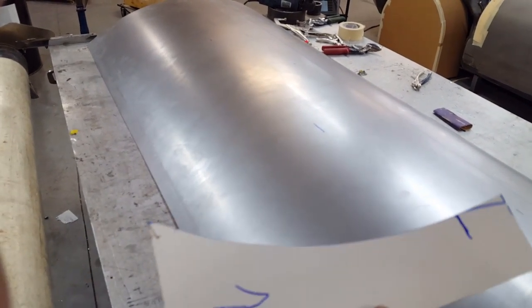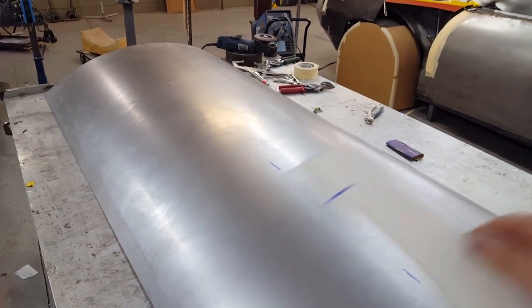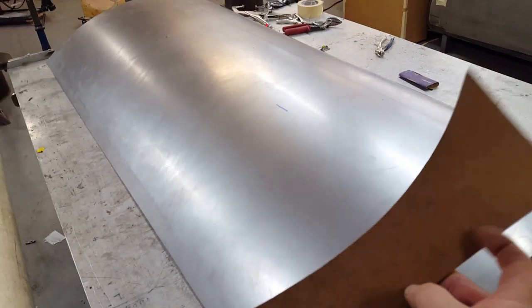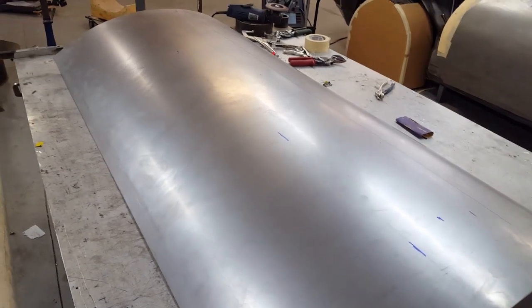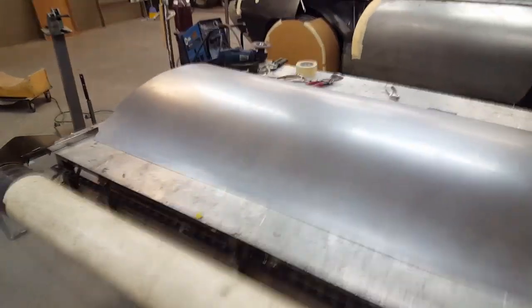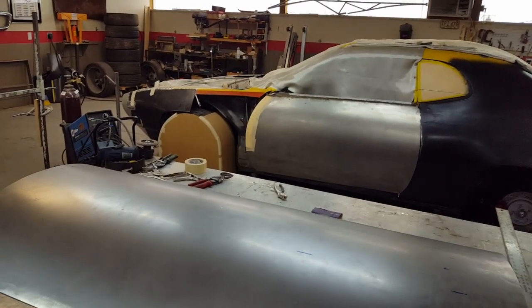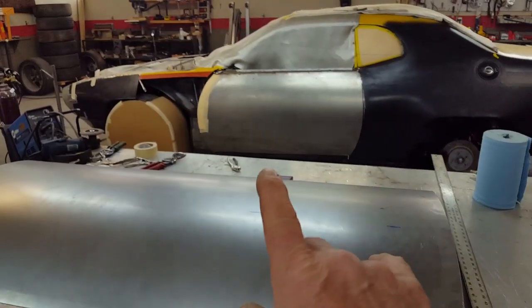I imagine there's all kinds of techniques for achieving it, but when you've got two radiuses, one kind of flattish and the other one starts out flat and then tightens up really quickly, it's a bit difficult to achieve. I thought perhaps if I just put the general arc in it, that it would be easier to just hand manipulate that last little bit in, but it's proven to be a challenge. Even though the metal on this car mics out at 045, which I find hard to believe for a brand new car, I think it would have been wiser just to go with 035, especially with the standalone panels